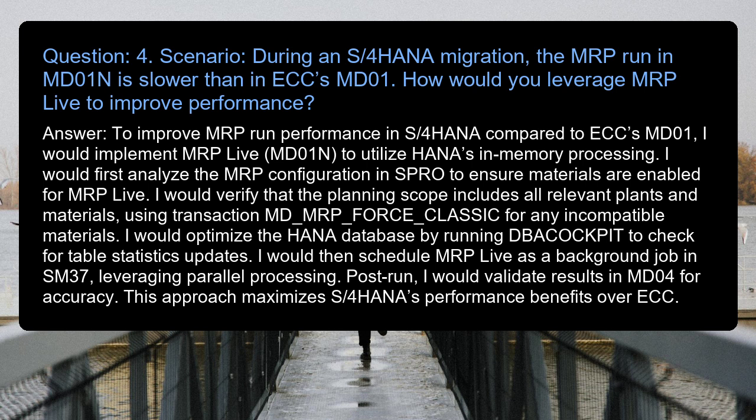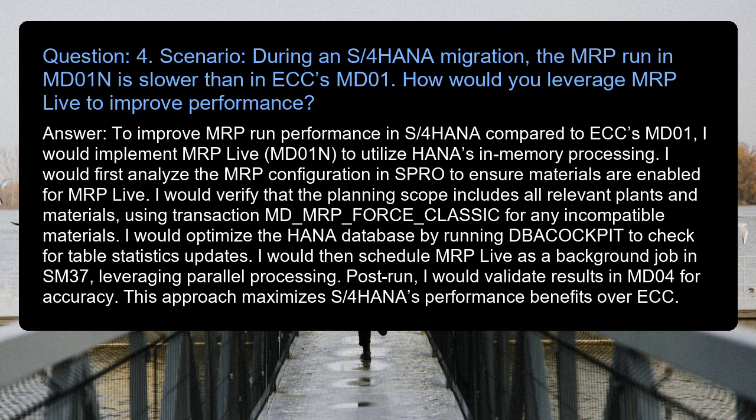Question 4. Scenario: During an S/4HANA migration, the MRP run in MD01N is slower than in ECC's MD01. How would you leverage MRP Live to improve performance? Answer: To improve MRP run performance in S/4HANA compared to ECC's MD01, I would implement MRP Live, MD01N, to utilize HANA's in-memory processing. I would first analyze the MRP configuration in SPRO to ensure materials are enabled for MRP Live. I would verify that the planning scope includes all relevant plants and materials,